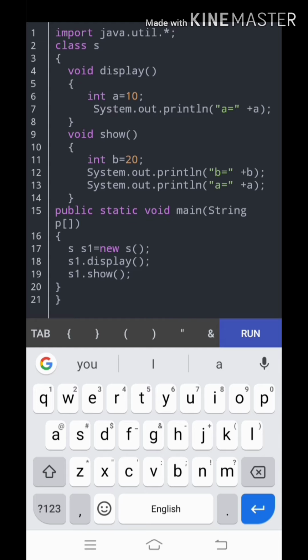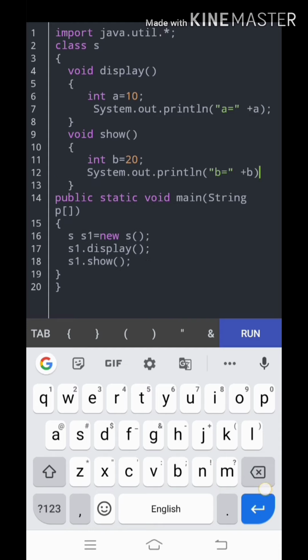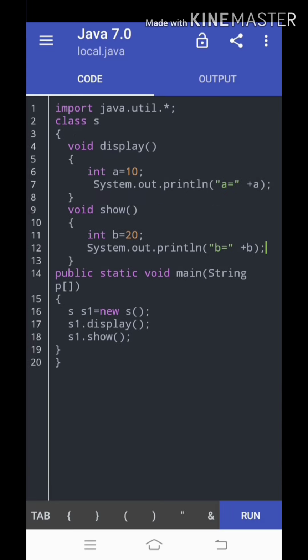So this is the error we will get when we are dealing with local variable declaration. Local variable declaration means when we declare any variable inside a function, that variable can be accessed only in that function. Nothing outside the function will be acceptable. So I'm going to clear that. This is the perfect way of declaring a local variable.